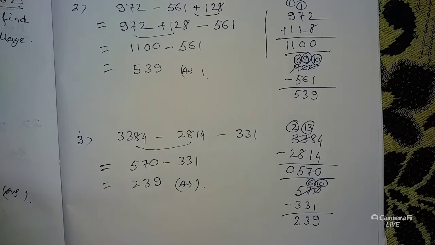So these were the simplification problems. So students, this was the total topics for today: word problems and simplification involving addition and subtraction. Hope you have understood and you can do the same type of similar problems. And with this, this chapter is completed. In the next class we will discuss another chapter.